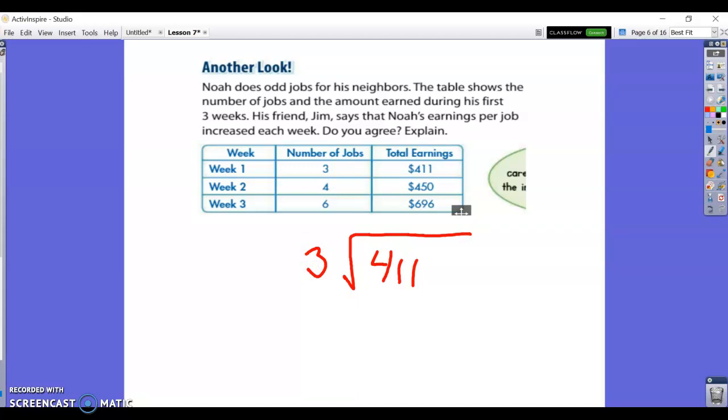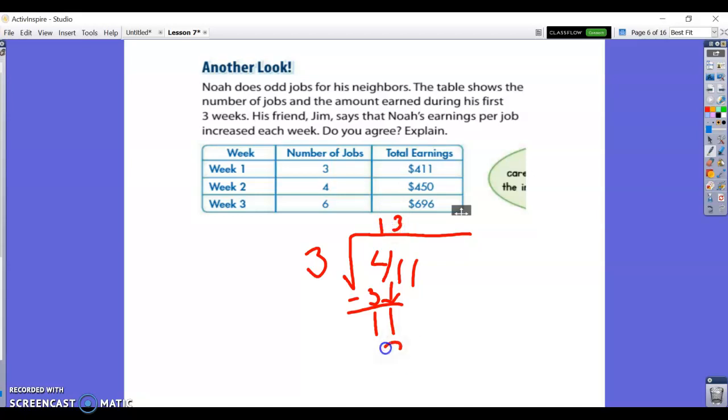I know that 3 goes into 4 one time, and I'm going to subtract 3 because 3 times 1 is 3, and that leaves me with 1. Now 3 cannot go into 1, so I need to bring down my next number, which also happens to be a 1. And 3 goes into 11 3 times,